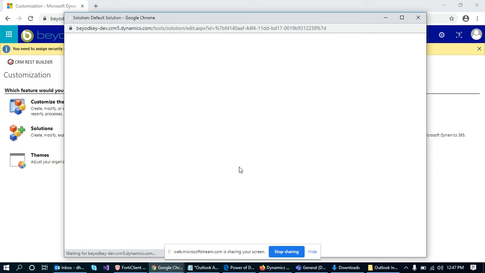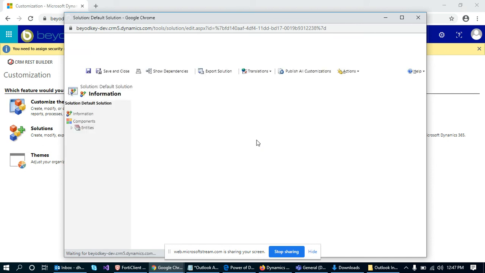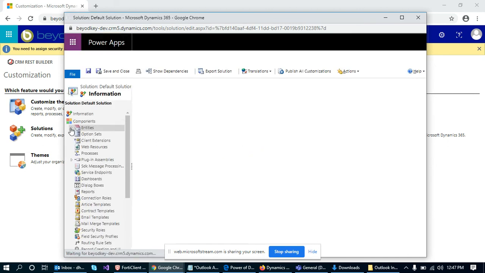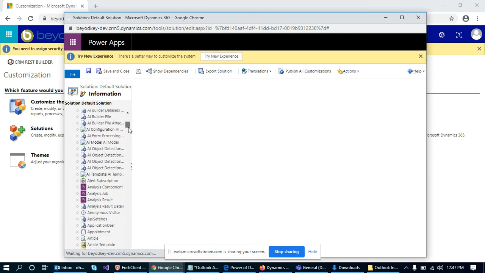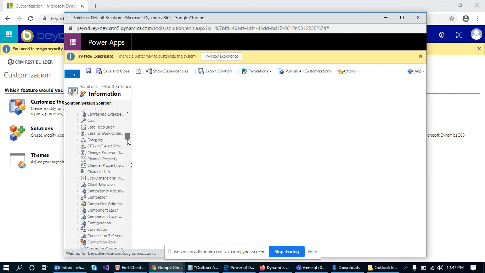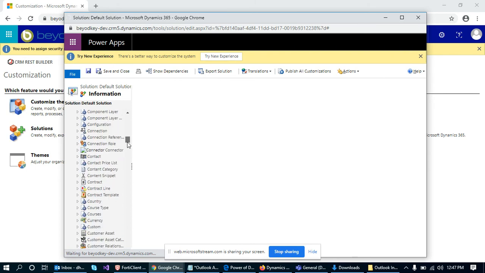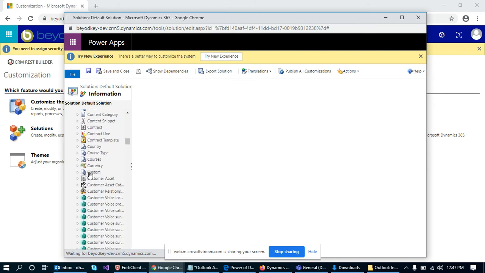So we are opening the solution in which we will see the out of the box as well as the custom entities. In this particular solution, I have added this custom entity. There are a few settings related to the Outlook app which we need to enable while creating the custom entity.